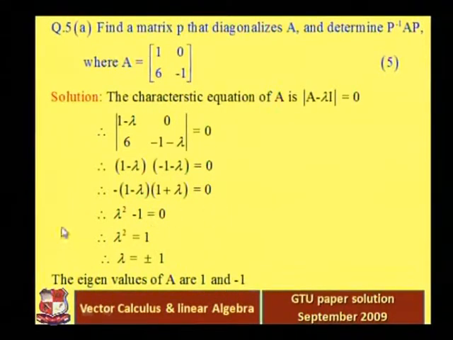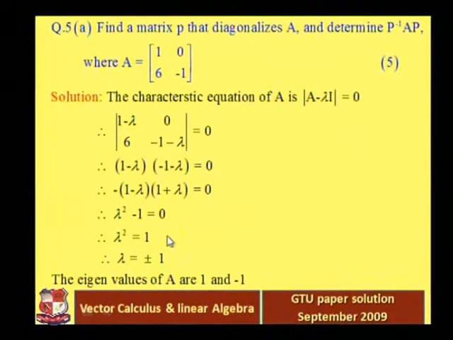So you can directly also say that the eigenvalues of A are 1 and minus 1, because this matrix is actually a lower triangular matrix. In a lower triangular matrix or upper triangular matrix, the main diagonal entries are exactly the eigenvalues of the given matrix. So here you can see this is a lower triangular matrix, so the main diagonal entries are 1 and minus 1. You can directly say that 1 and minus 1 are the eigenvalues of the given matrix, right? And using this method is also quite simple.